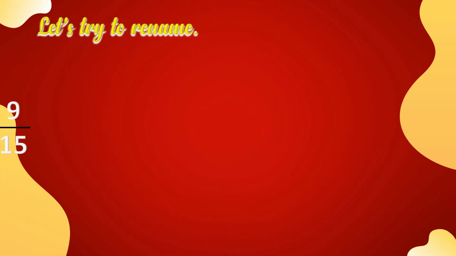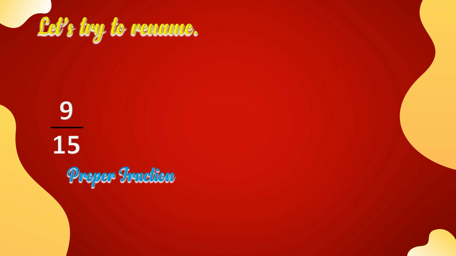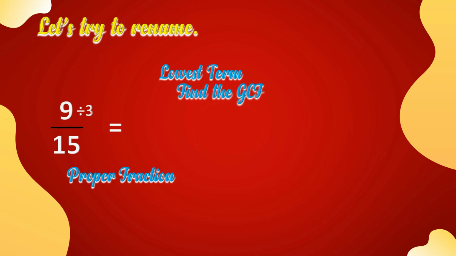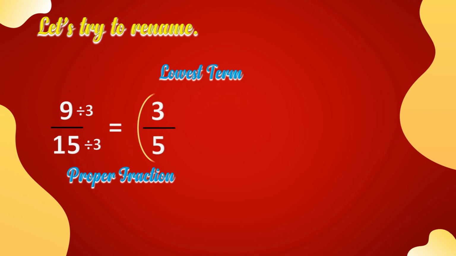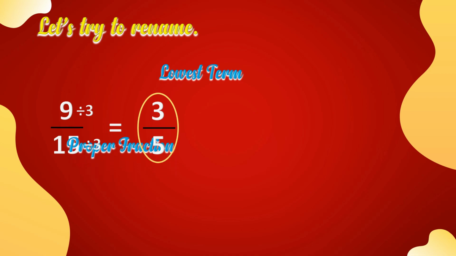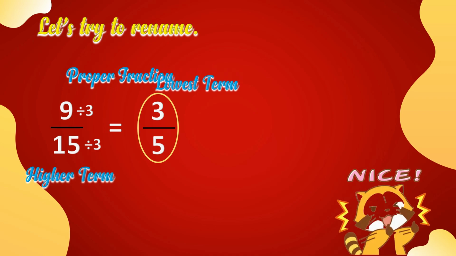9/15, proper fraction again, so we are going to find the lowest term by dividing by the GCF. So, 9 divided by 3, that is 3, and 15 divided by 3, that is 5. So, lowest term ng 9/15 ay 3/5. So, 9/15 is our higher term. Okay, very good. Next,